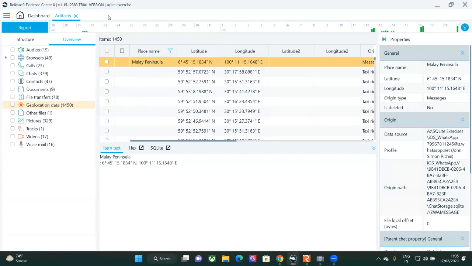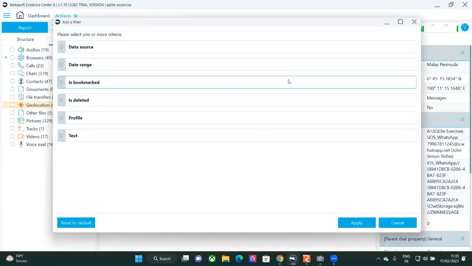Belkasoft Evidence Center X also has filters, or we can say a timeline. Filters let us decide what filter we have to use on the data for better analysis, because the data is a very big amount. So we have to extract a small piece of information. We have different metadata about that data, that the crime was committed